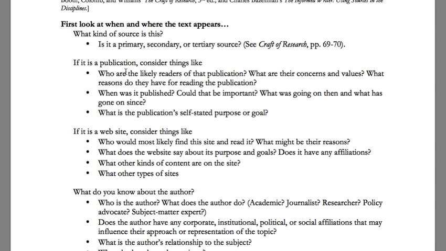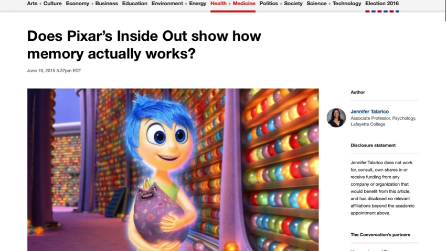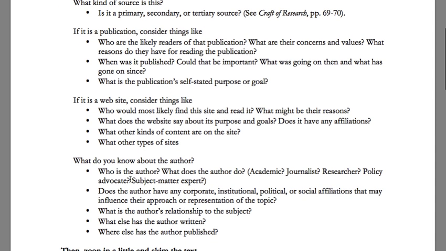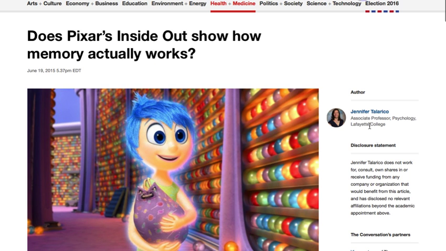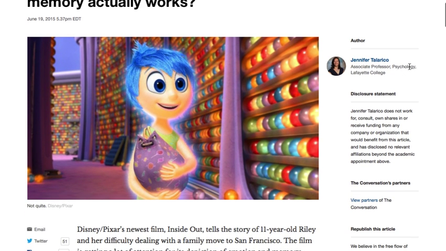Where's the publication? Who are the likely readers? When was it published? What's the publication's self-stated purpose or goal? So let's take a look. Where was this published? Okay, so we can see here there's something called The Conversation, academic rigor, journalistic flair. Okay, so we've got an idea here. We might also just note the author, because one of the things you might imagine it's going to ask about is the author. So while we're looking around, we might also see Jennifer Tallarico, Associate Professor of Psychology at Lafayette College. Okay, so we've got someone who's actually a professor, a psychologist,